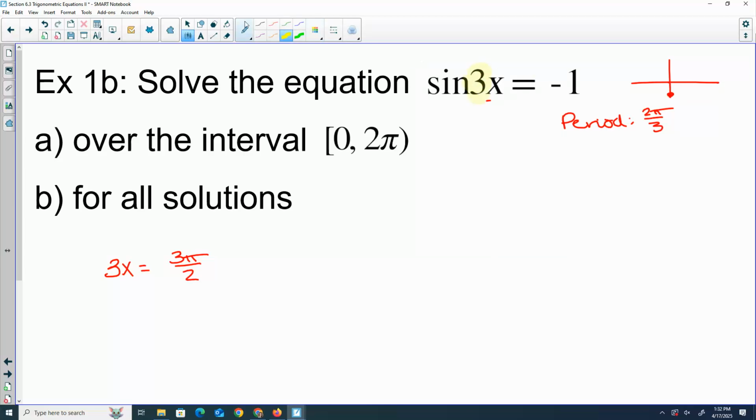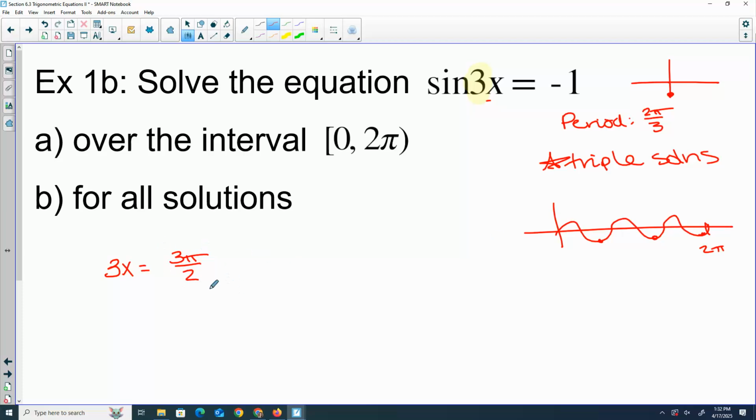When you see this 3, it means we are going to have triple solutions, because by the time you get to 2 pi, your sine graph will have repeated 3 times. So instead of just getting my 1 answer, there's really 2 more. One way to get it is just to take this answer and add 2 pi to it. You notice I still have 3x equals, so I have triple solutions, so I need to get 2 more. So if I do 3 pi over 2